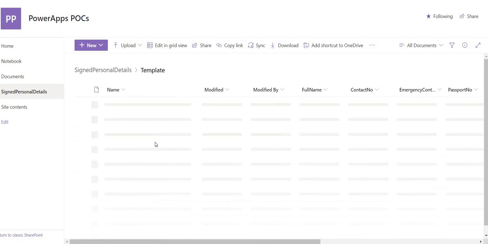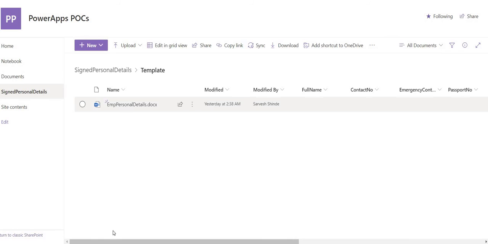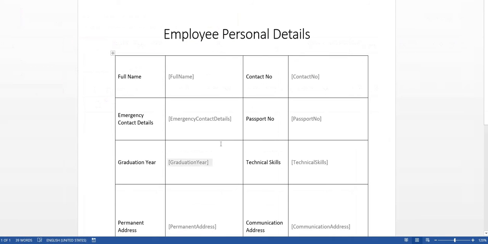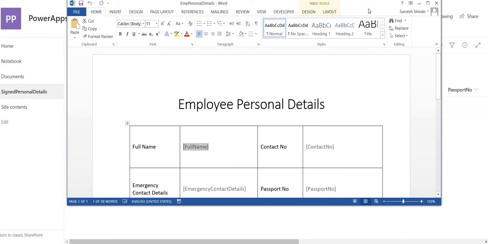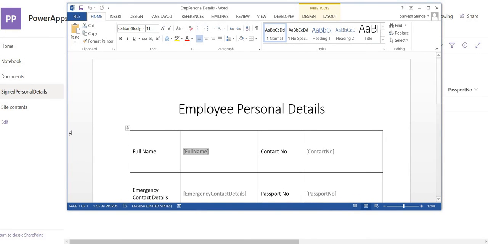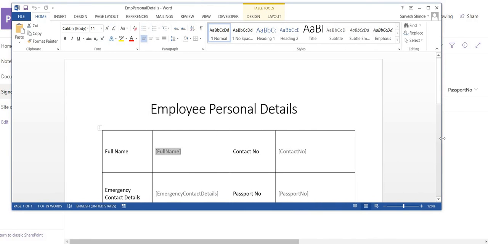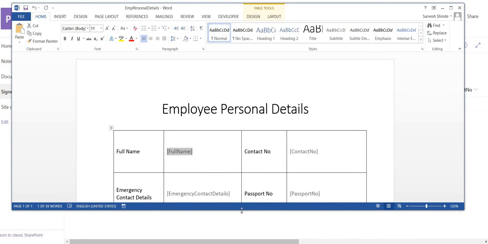And we have created a template here, the Word template. I'll just show you. So what you need to do is create library with all the metadata. Just upload a blank document here, download that document. Once you create all the metadata columns, now you will be able to insert the quick parts into your file. Let me show you this here. So this is a Word document file which we are using as a template.